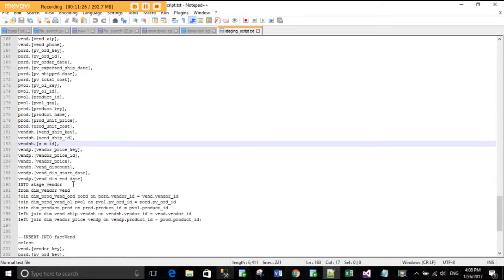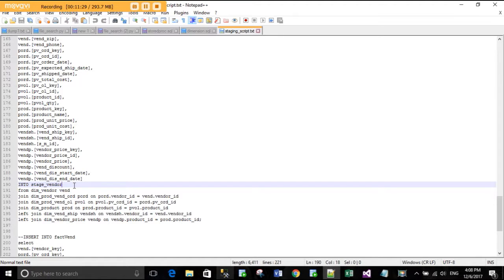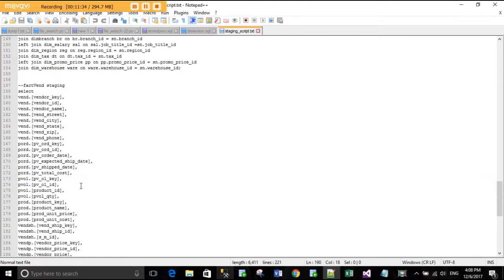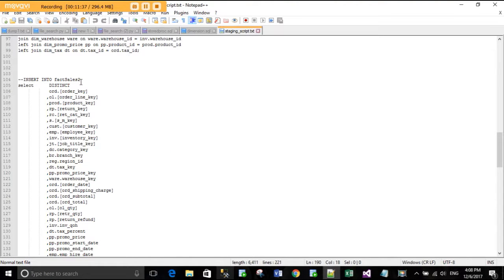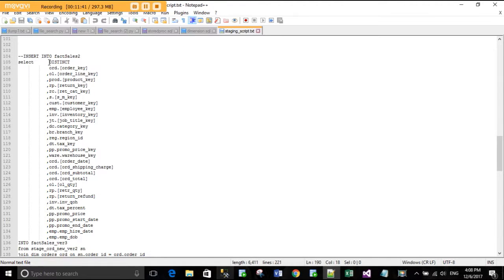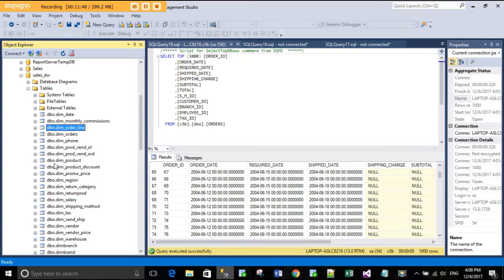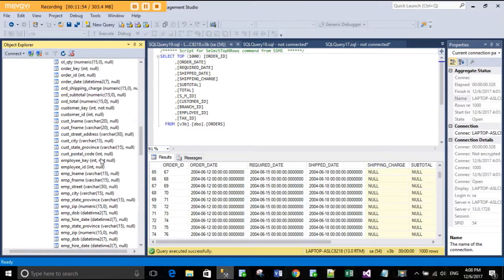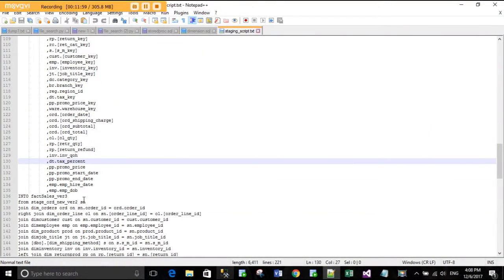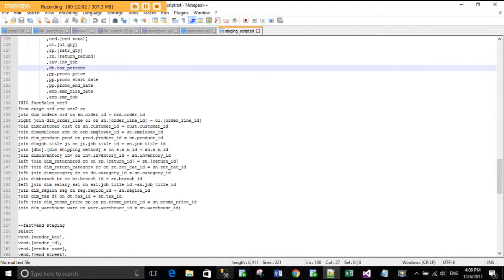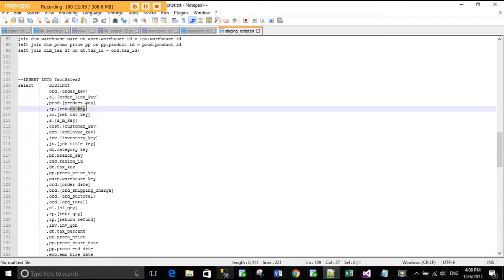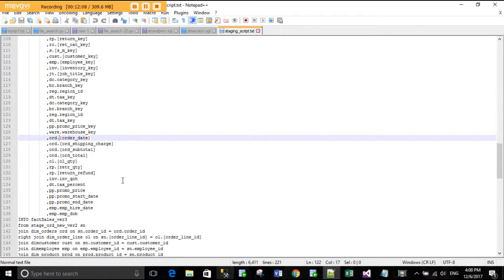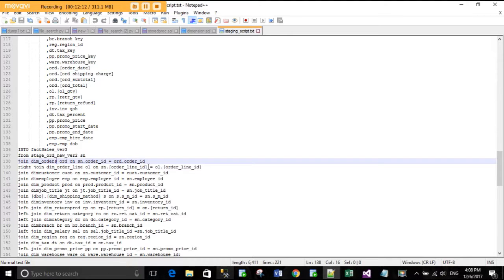The same way I created the staging table for sales order into the stage vendor, and then to create the sales fact table, I selected all these columns from the staging table, by joining to get the surrogate keys into the fact table and the measures into the fact table. I joined a column from the dimension table with the column from